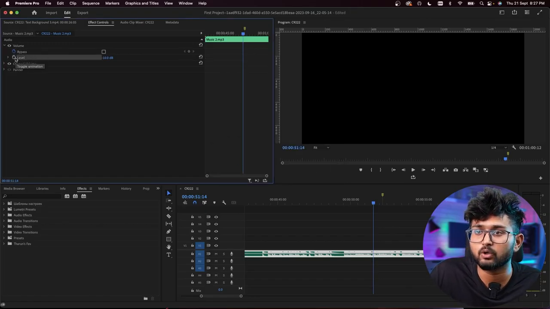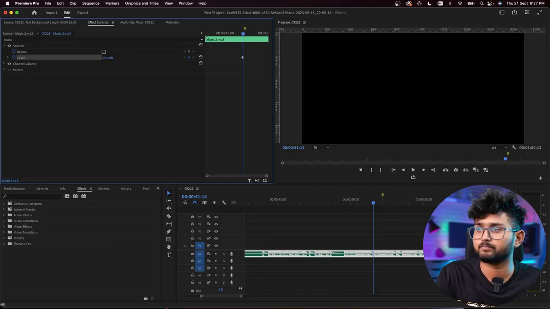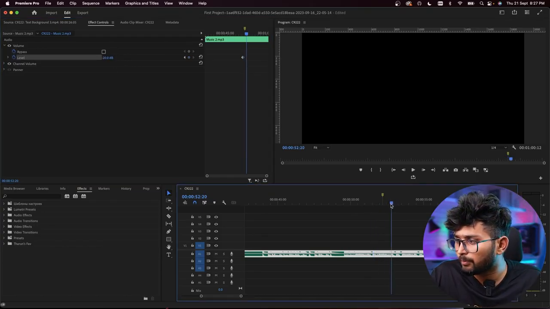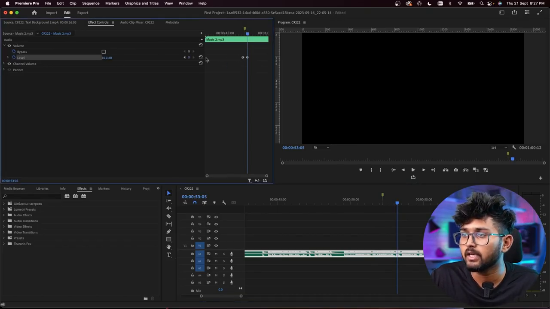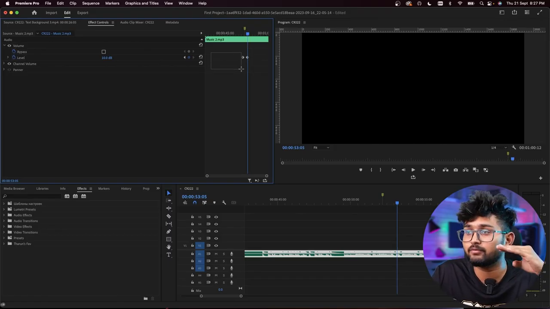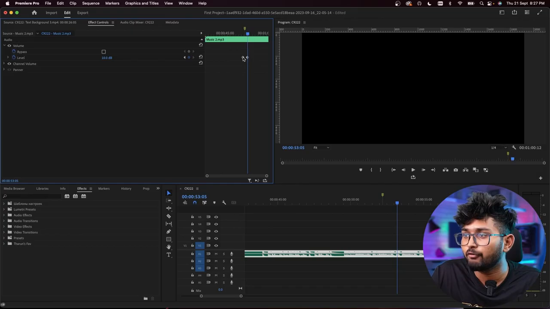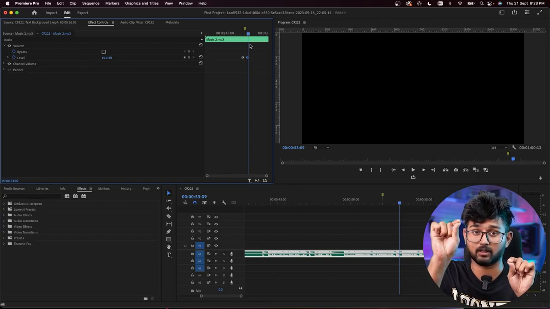So what you do is you click on that level toggle animation, okay? Basically a timer symbol, and you put it to -20, right? And you move a couple of frames ahead of it, and then you get it to 10. So what exactly happens here is, before this point till this point, it will be -20, right? The audio level of this entire music will be -20, but from this point to this point, this will slowly start increasing from -20 to 10.